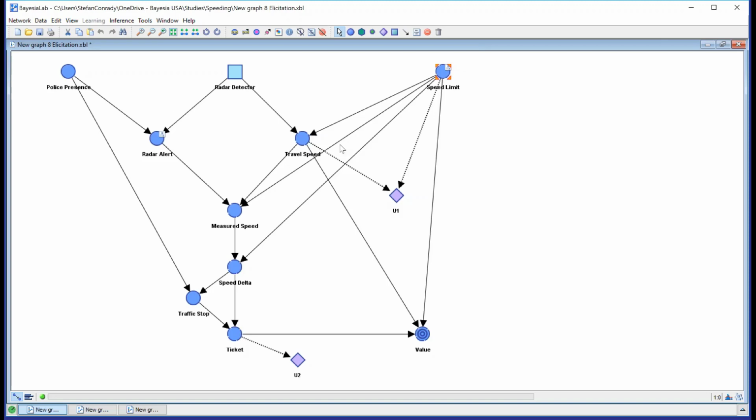So what I want to elicit now are two nodes in particular, the first one being speed limit. And there I would ask people, what is the distribution of speed limits as you travel? How much time do you spend at each speed level, or over the course of an hour, how many different speed limits do you encounter, and how long do you drive at 70 miles an hour or 80 miles an hour, and so on.